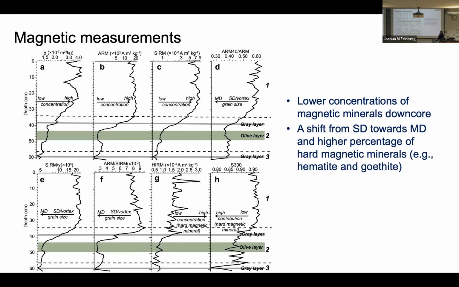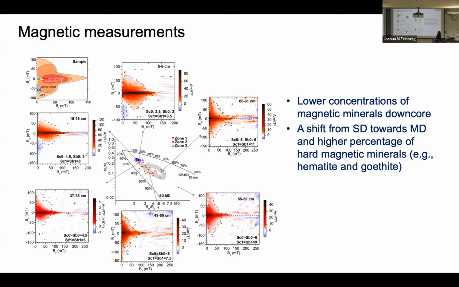We will show you some FORC diagrams in the next slide to show you how this looks. So here we go. This is a Day plot in the middle and a bunch of different FORC diagrams in that core. On the top we have near the core top, 5 to 6 centimeters. You see a pretty obvious central ridge over here, some active areas over here as well. As you move down, turning left counterclockwise, you're moving down to 15, 16. You can still see that central ridge feature. But as you go down to 37, 38,